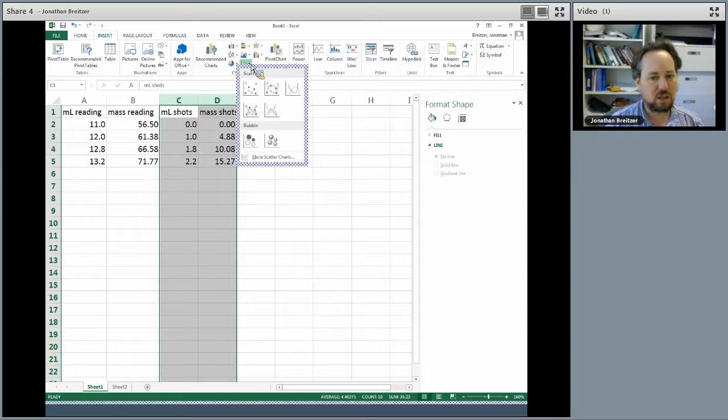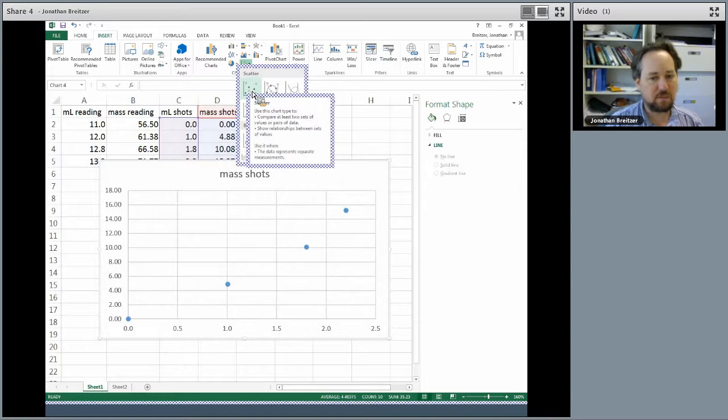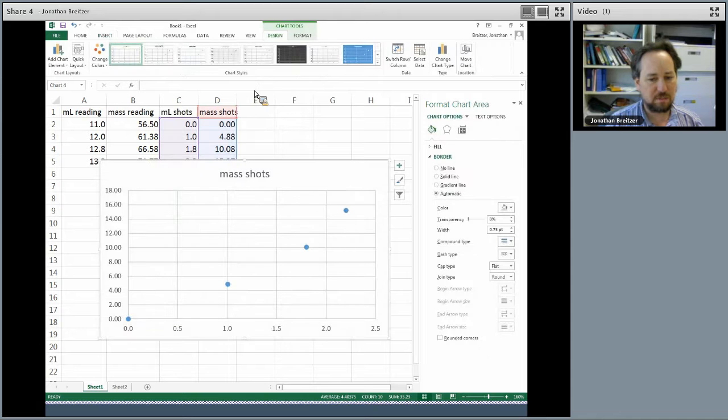Click on it and click just the plain old scatter, not with any lines in between. We'll have the line later. So there's the scatter plot. You notice that the axes don't have labels, and the chart title just says mass of shots, which is the y-axis.